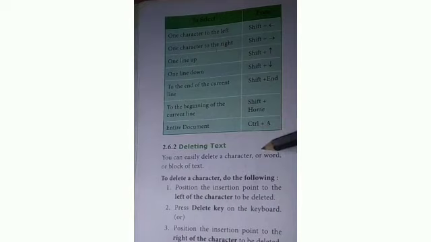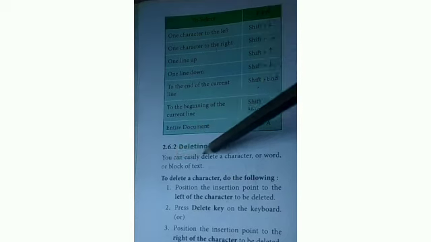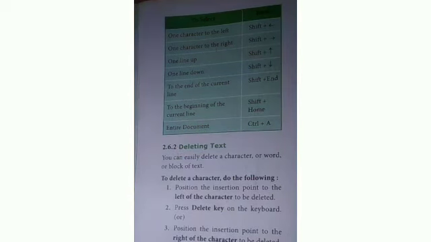For example, the cursor is here, and we have to select until the letter D. If you press the shift plus end key combination, the entire line will be selected. To the beginning of the current line, for example, the cursor is here and we want to select from here to there, we can use shift plus home key, and the particular line will be selected. If we want to select the entire document, maybe one page or two pages or three pages, press the key combination Ctrl plus A and the entire document will be selected.